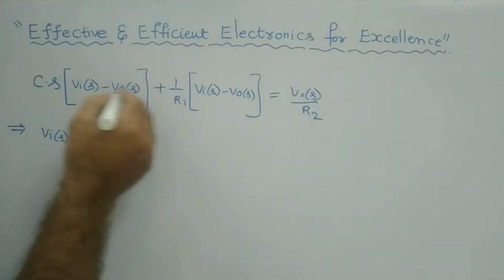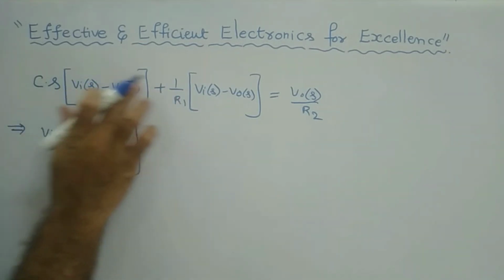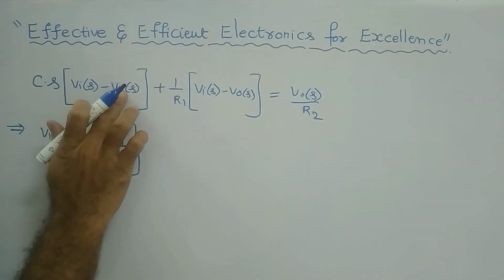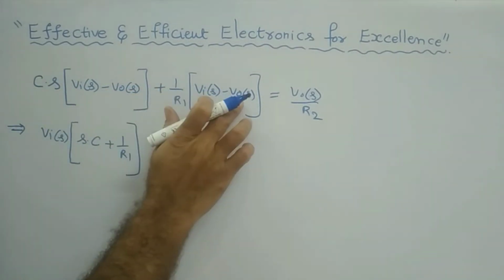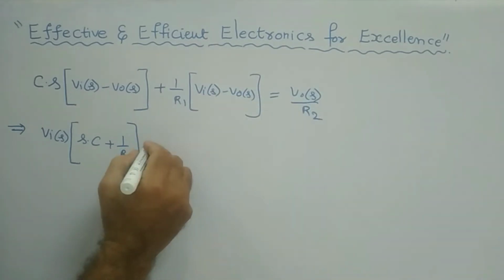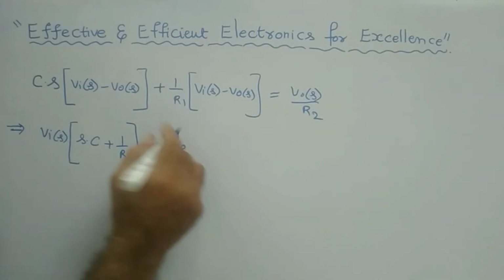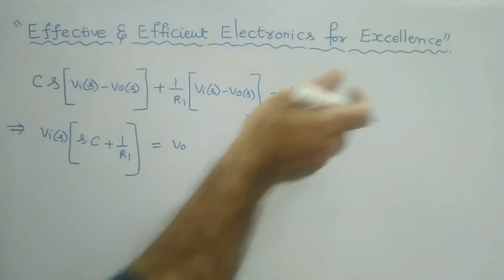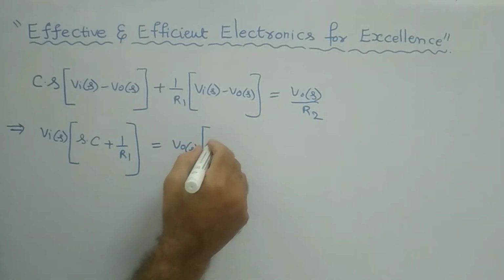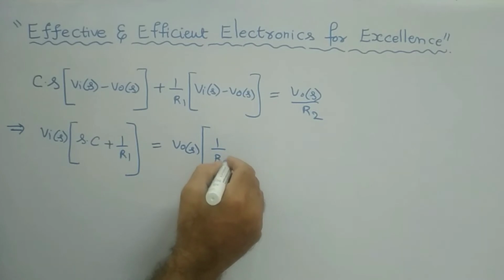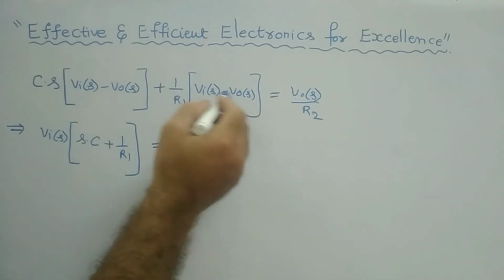Clear? And there is no Vi of S, only two terms, Vi of S. Here V0 of S means Cs into V0 of S, 1 by R1 into V0 of S. So on the right side you have V0 of S. Therefore, these two will also be taken on the right side. Then V0 of S you take as common, then you will get 1 by R2. Clear? Plus, and then this minus